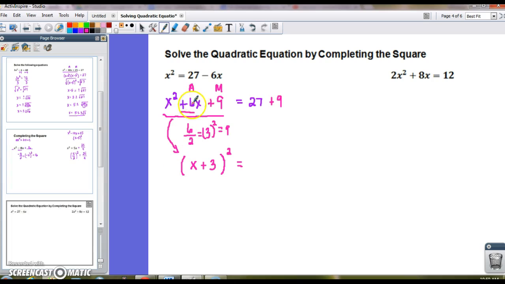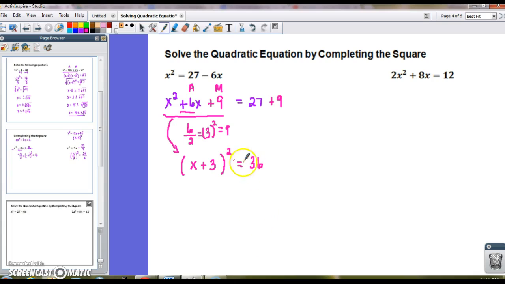You're looking for those two numbers that add to 6 and multiply to 9. So you're always going to have that same number in there. That's what it means to complete the square. You should end up with a single binomial. And let's then look at the other side. 27 plus 9 gives me